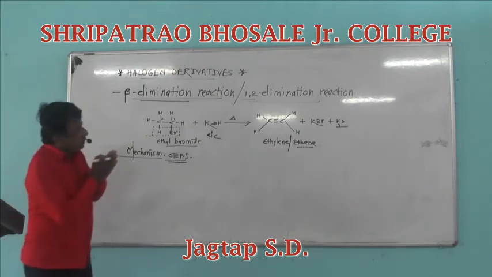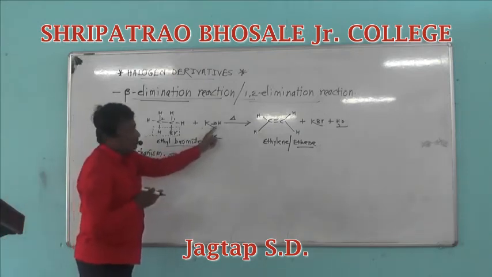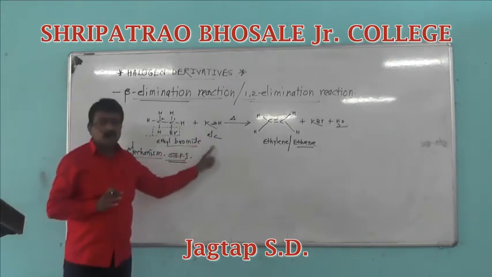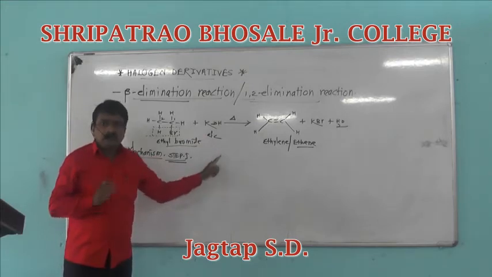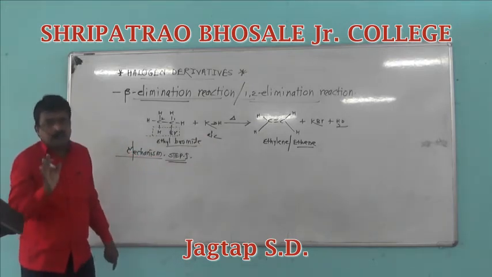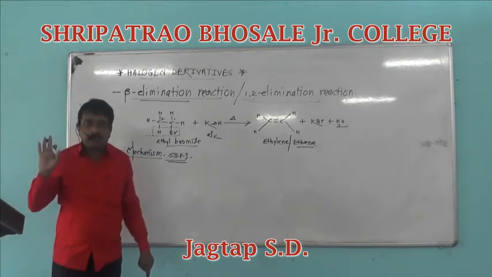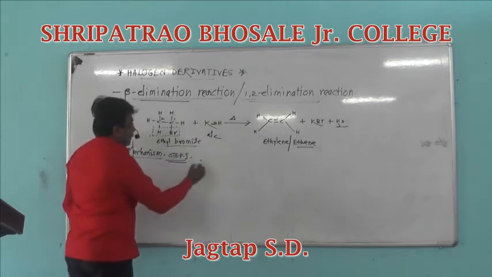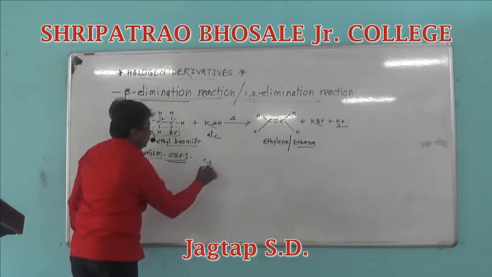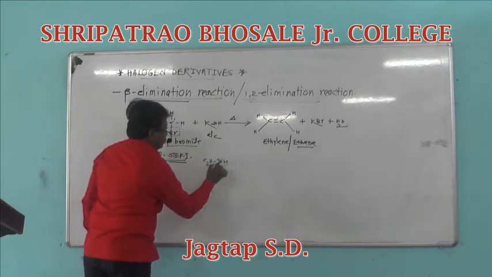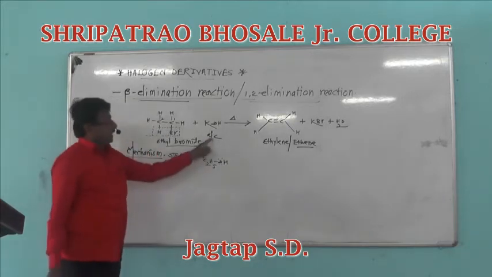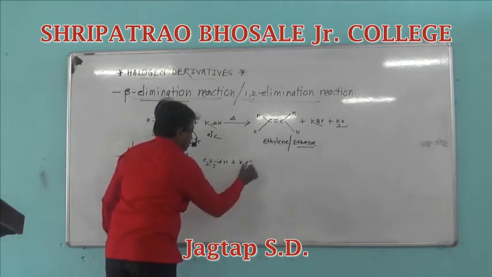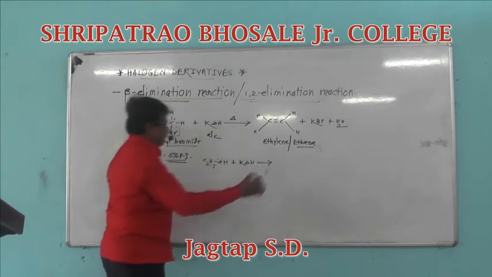In the first step, potassium hydroxide reacts with alcohol. Alcohol is the solvent. It proceeds the reaction in the forward direction. It does not take part in the chemical reaction. But initially, the solvent, that is ethyl alcohol, is used as a solvent. Initially, ethyl alcohol reacts with potassium hydroxide.